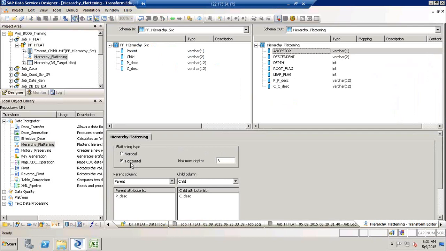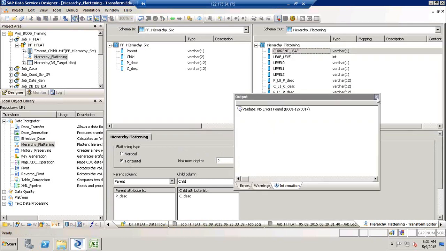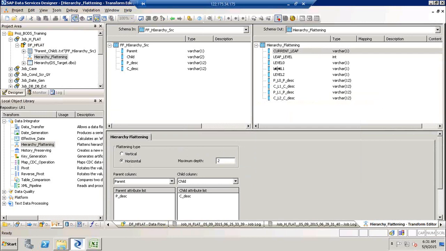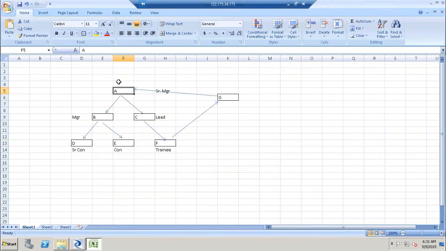In a horizontal flattening, you need to just mention what is the depth between the nodes, right? So you need to mention how many levels of this hierarchical tree there are. And if you just click on validate, it will change. The output schema is changed now. So it says what is the current leaf that we are looking at and at what level it is, what is there at level 0, level 1 and level 2. Since we mentioned 2 levels here, the hierarchy will be at 3 levels. So the depth is 1 and 2, but level wise it will be level 1. From here to here it is level 2, and from here to here it is level 3, 3 levels. Right, so